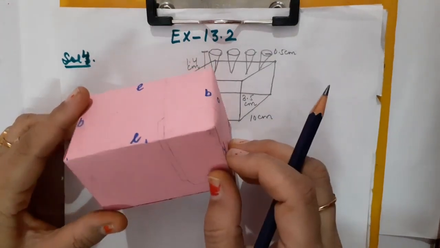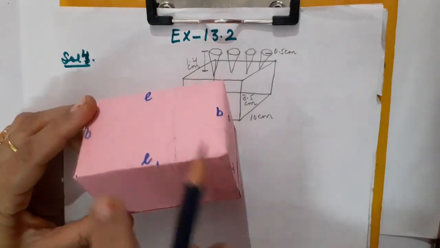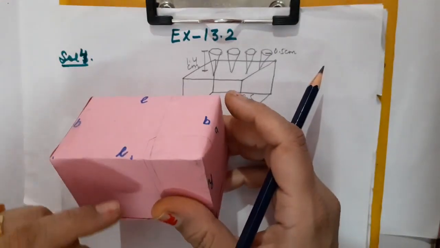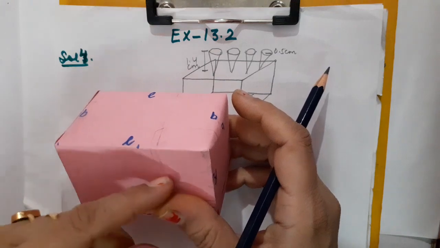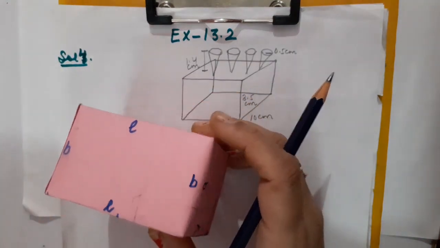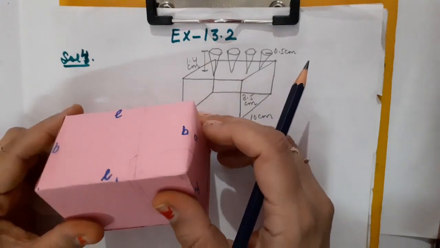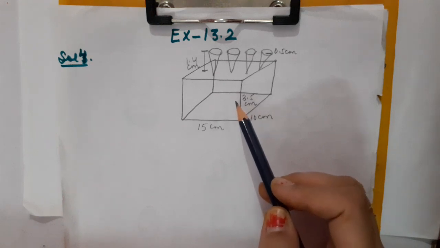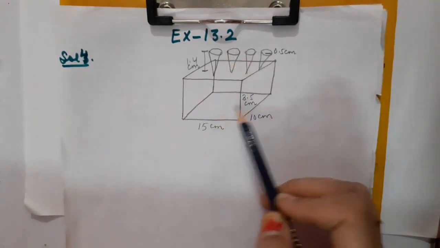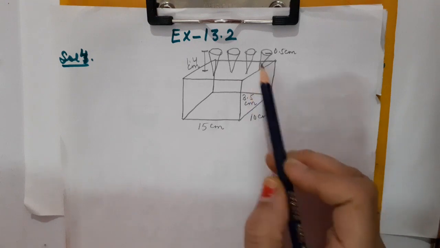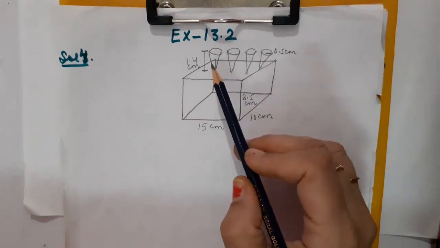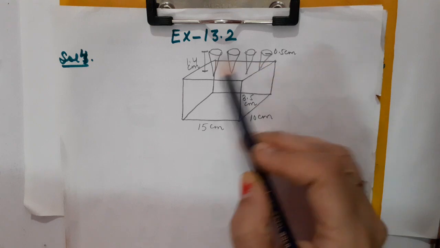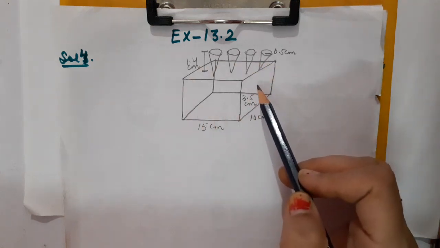But children, now we are going to deal with the volume, meaning the capacity of the container, when a total of 4 conical cavities are removed like this. One is removed from inside, then another conical cavity will be removed, then another, then of course another. So definitely the capacity of the container will be reduced. As we are going to calculate the volume of the wood in the entire stand, we are just going to calculate the volume of the complete container, that is the cuboidal block. After that, we are going to remove the volume of these 4 conical depressions to come to know the volume of the wood in the entire stand.